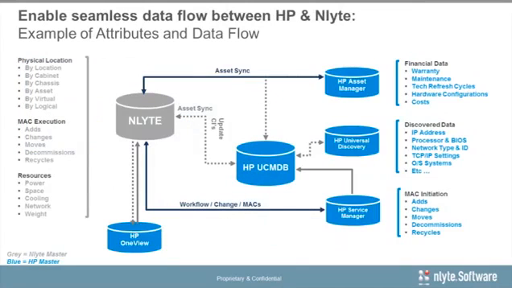So this slide really talks around how we connect. So Nlyte has a connection capability. We have a connectors framework that enables us to quite simply connect to Asset Manager, and we can pull and push information based on whatever the customer wants to do. It has a configuration piece in the middle with drop-down lists. So we maintain the APIs on our side, and we maintain the APIs on the Asset Manager side, and we provide this connector. We provide connectors for all the other ITSM systems that enable an organization to make sure that